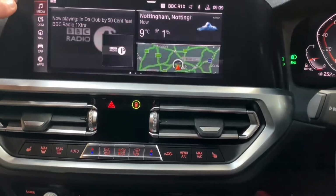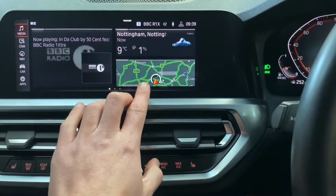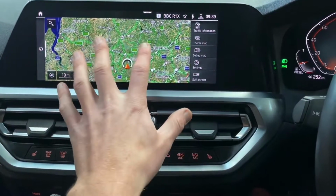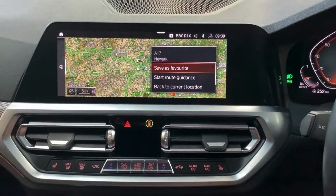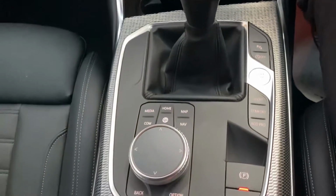Going back to the main menu, you've got your weather for your current position. You've also got to click into this one. This will take you straight to your sat nav. Again, using the touchscreen functionality, having that is a real benefit to you. As you can see there, you can pinch zoom, and say if you want to set the destination to that point there, simply tap in and we can go to that destination, or of course still use our iDrive scroll